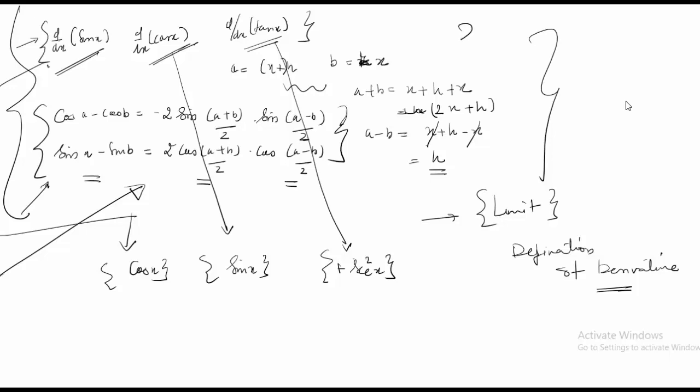The question is how to do this, and I'll use the formula cos a minus cos b is equal to minus 2 sin of (a plus b)/2 into sin of (a minus b)/2, and sin a minus sin b is equal to 2 cos of (a plus b)/2 into sin of (a minus b)/2. So here a plus b is equal to 2x plus h, and a minus b is equal to h. So if I have d/dx of sin x, which is equal to cos x,